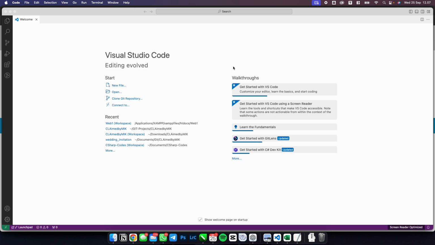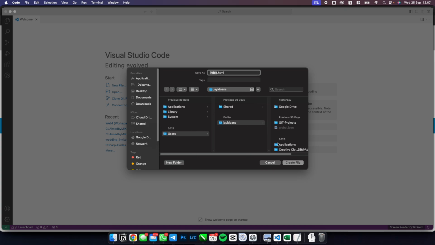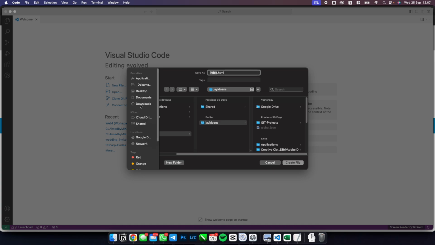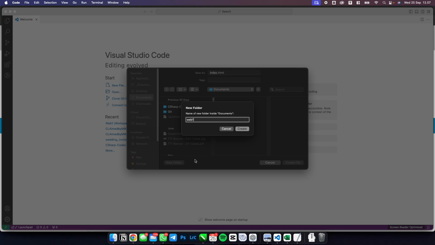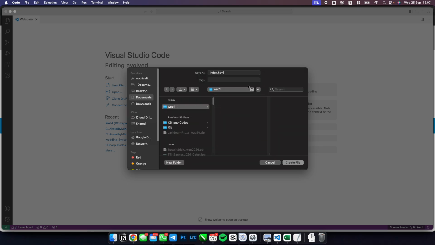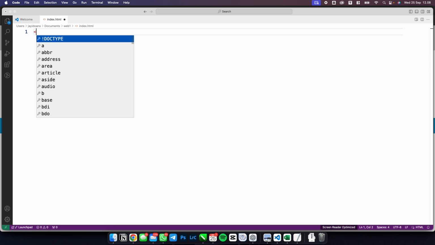Oke, kita akan mulai diskusi mengenai responsive web layout. Nah, aku coba bikin file baru dulu ya. Nama filenya adalah index.html. Kita taruh di mana? Di download saja deh. Dokumen, new folder, web 1. Oke, index.html. Jadi, teman-teman, kita di sini akan coba kenalan